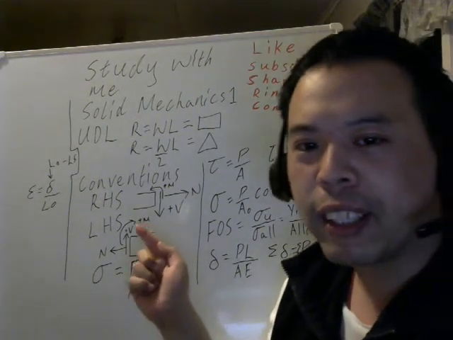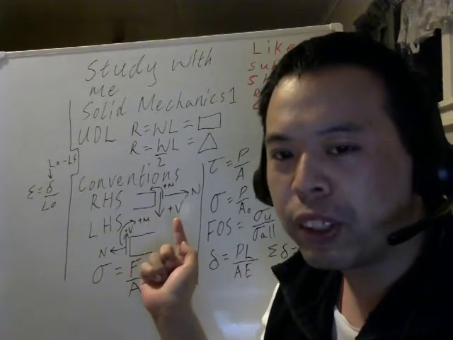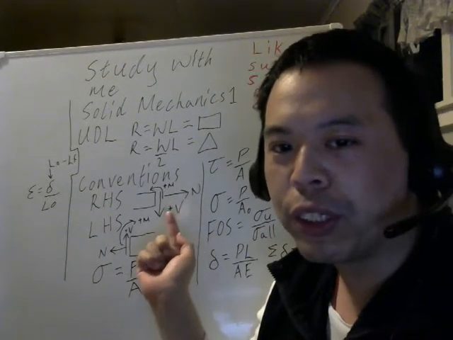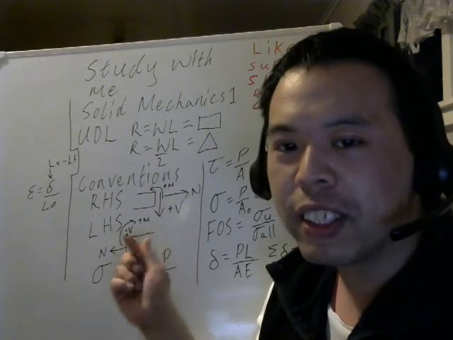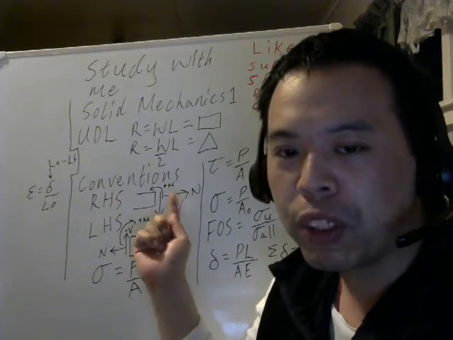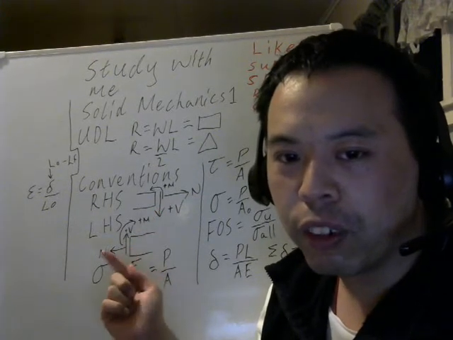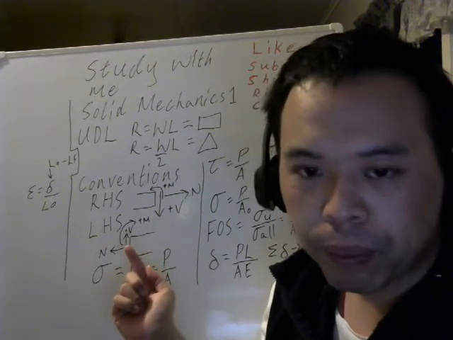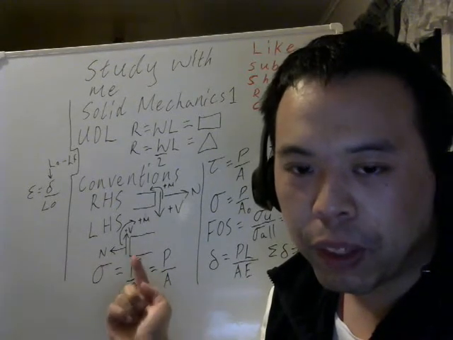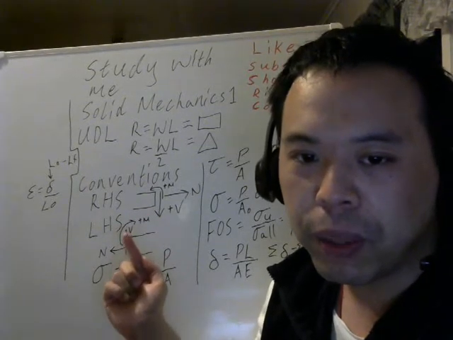Conventions, right hand side. So if you're going to cut the beam, your positive shear, V is shear, and your normal force is going to your right, and your bending moment, the M, is positive going counterclockwise. So for left-hand convention, you've got normal going to your left, your positive shear force going up, and your positive